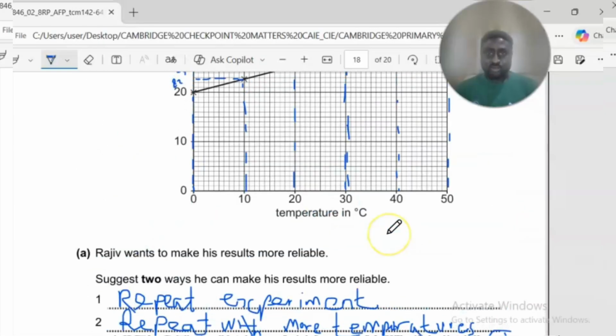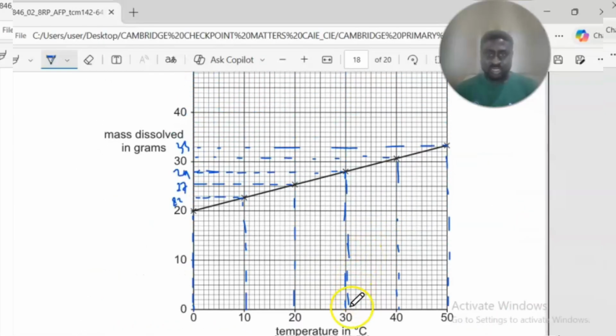I'll take that again. From the 30 degrees centigrade point on the temperature scale or axis, use your broken lines with the aid of your transparent ruler and connect to the point where it meets on the line of best fit, and then trace it again to the mass axis, which is the vertical axis of this graph. Then you do your counting from here and take your reading. So it's exactly at 28. Sorry about that. 28